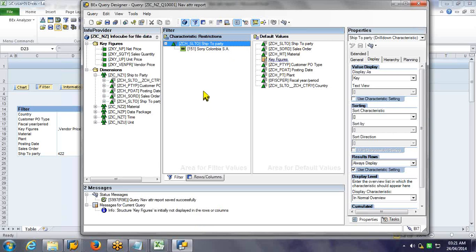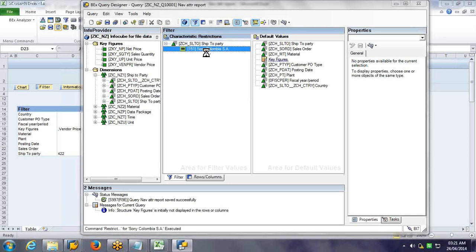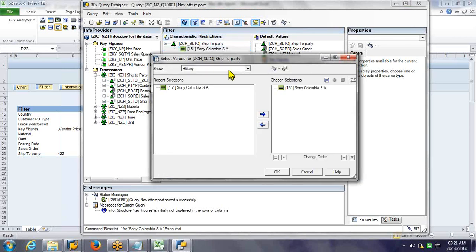Okay. So this is about the characteristic. Now we have included this one. I want to exclude this one. Apart from this, I want everything. Apart from this one and